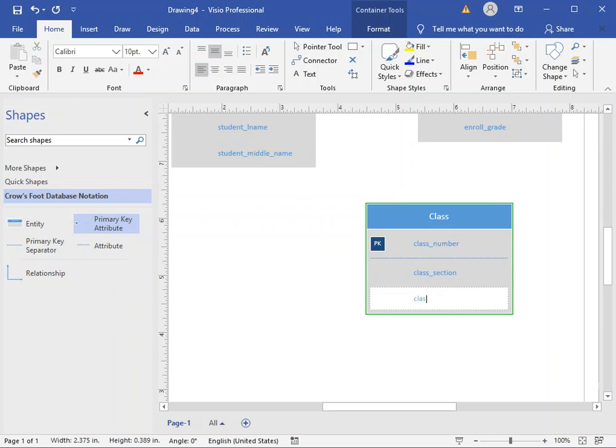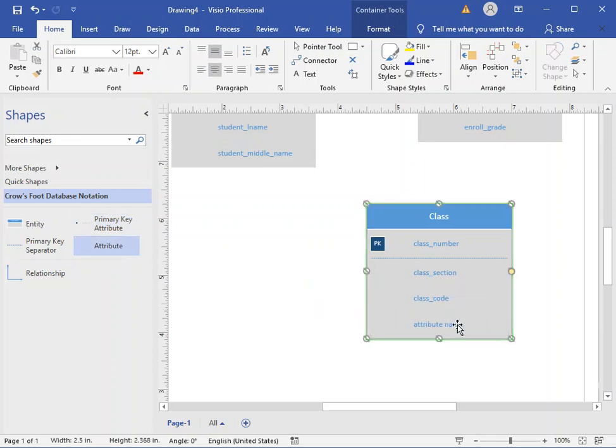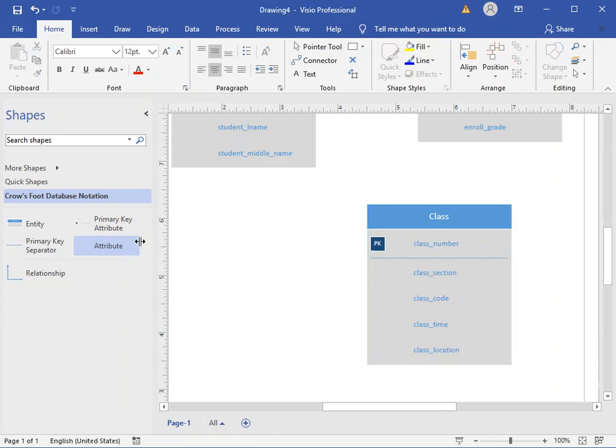We're going to have the class code if we have an identifying code. We're going to bring in some more attributes. Let's have class time, and let's have class location, and then we will bring